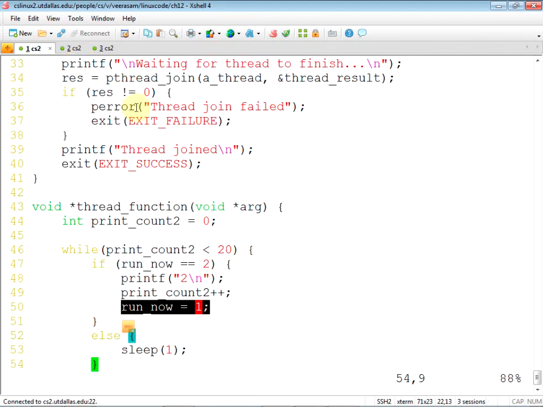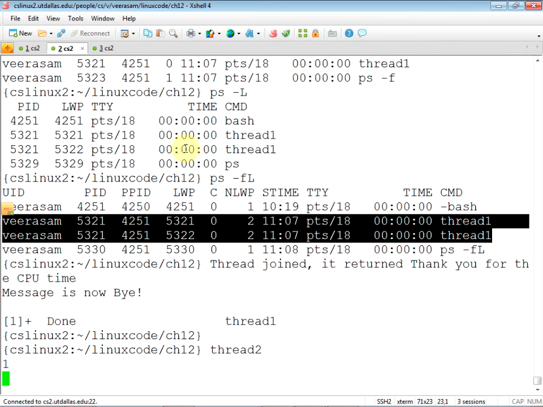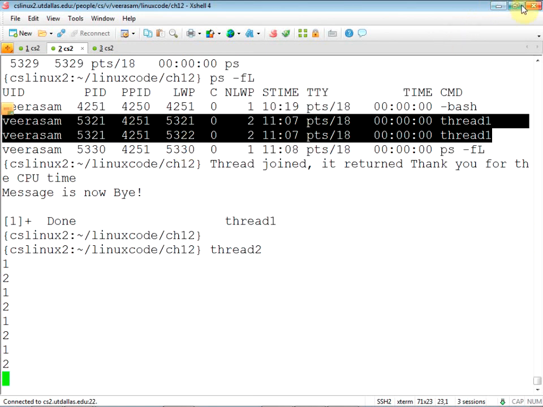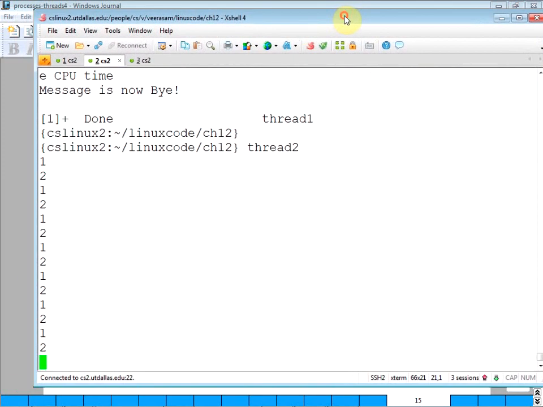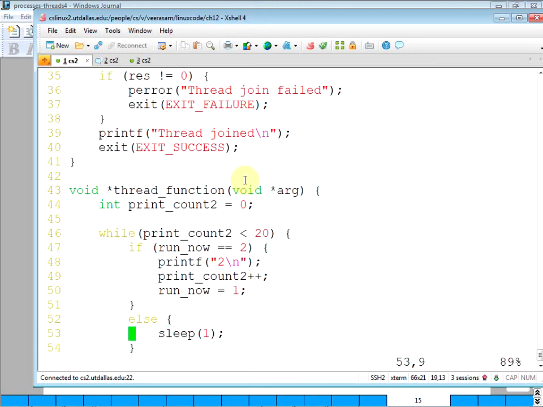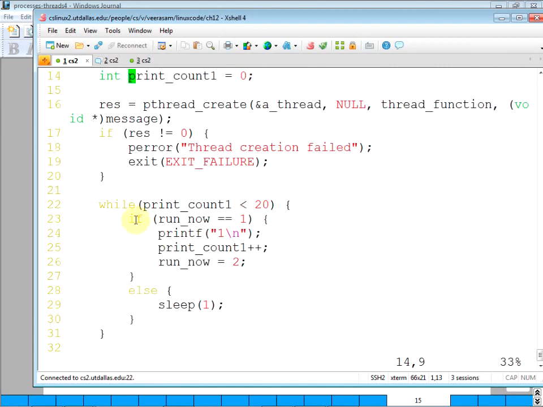Let's run thread2. Two threads taking turns. How does it work?